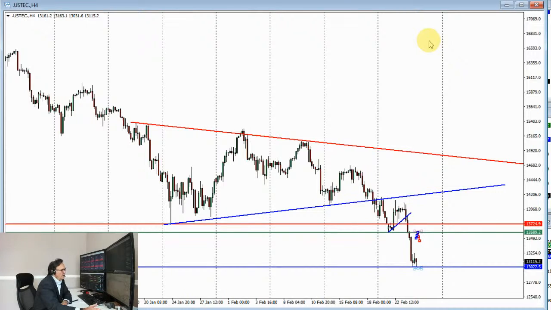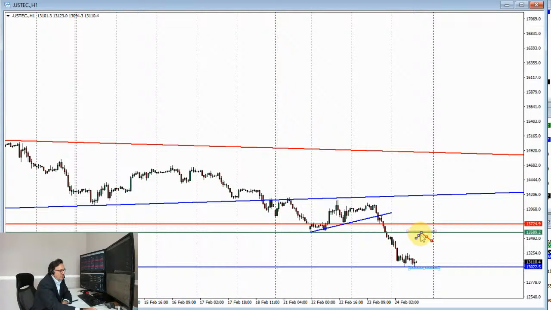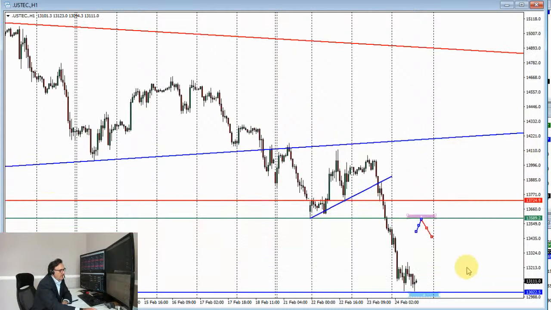So what would I like to do with Nasdaq? Well, at the moment I can't really buy Nasdaq. I can only short sell Nasdaq because the overall prevailing trends in multiple time frames, daily, 4 hourly, hourly, are bearish. So therefore it's downtrending. And in downtrending markets, as one of the rules, the only thing that we can do is look for a rally for another leg lower, so something like this.